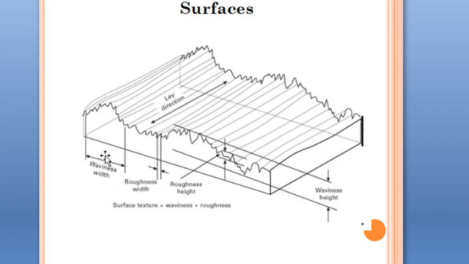This one is waviness. Waviness is surface irregularities, with a larger value than roughness height and width. So one peak, a valley, then another valley point here. The distance between two peaks or two valleys is the waviness width. The distance between the maximum peak and the minimum valley is the waviness height. So height is the vertical distance, and width is the horizontal distance.